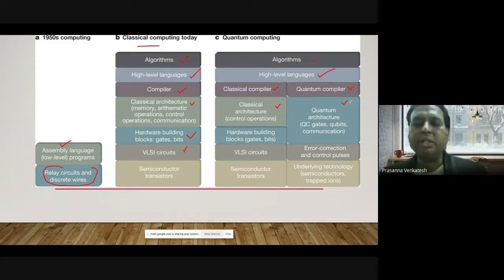Once that execution is completed, and let's say your weight adjustment has to be done, you take that output of the quantum computer, adjust your weights, and probably retrain your whole model and so forth. So this is going to be a combination of classical and quantum computers. That is what we see going forward.